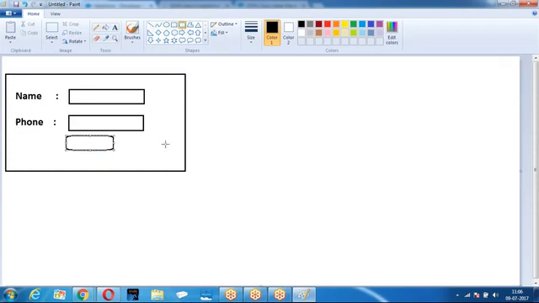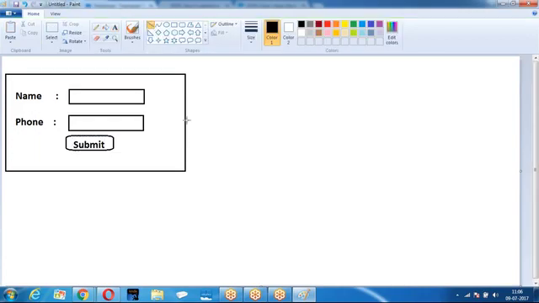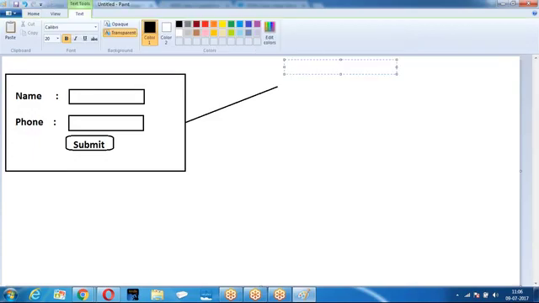When you click on submit, the record should be inserted in the database. When you enter the data, a new account record should be created in the database.